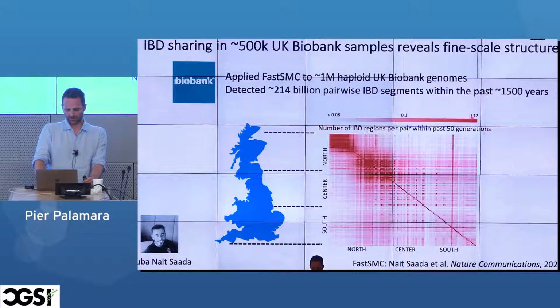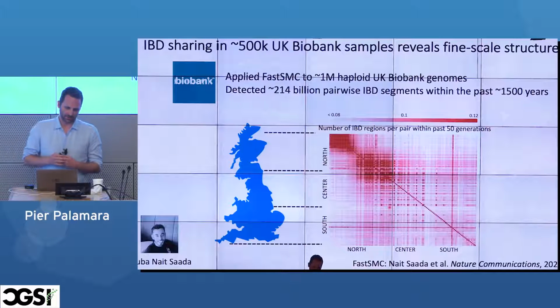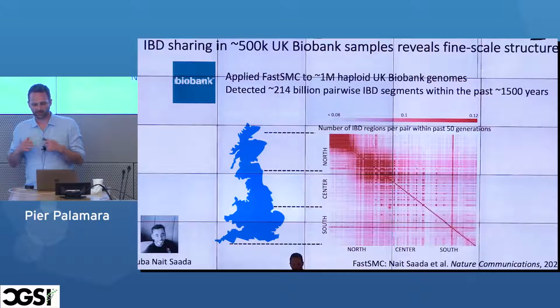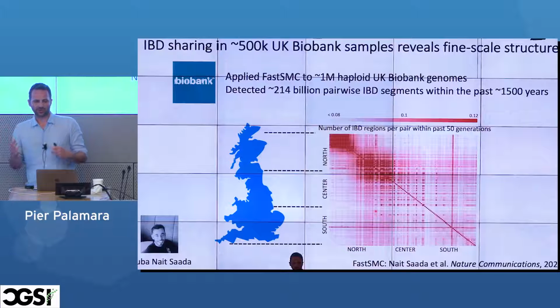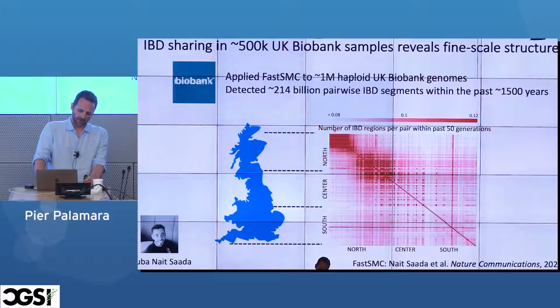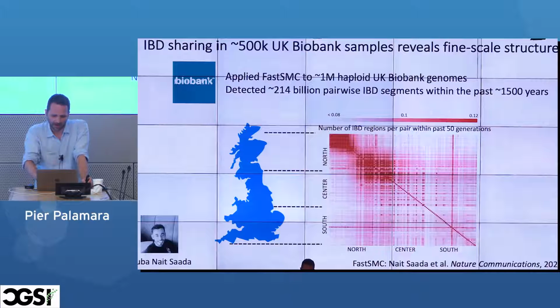What we have here is a matrix where in position I and J you have the number of ancestors or segments. Actually, an ancestor can transmit multiple segments, not very common, but it depends on what threshold you use. Modulo some details, this represents how many ancestors individuals I and J have in a big matrix, sorted more or less from north to south. These are UK coordinates, actually averages for postcode. For each postcode in the UK, we have position I and J, the average number of ancestors across individuals.